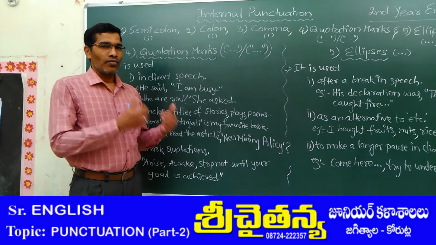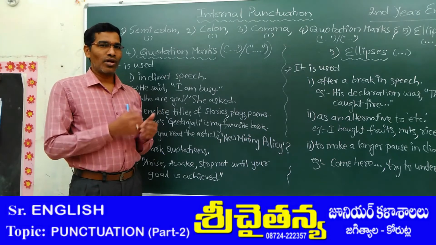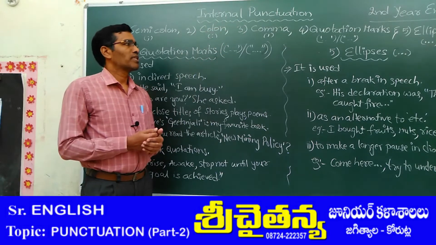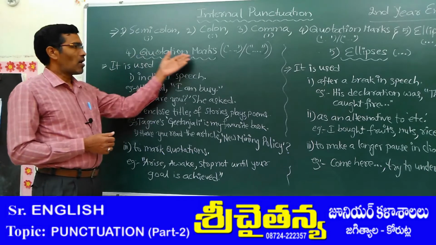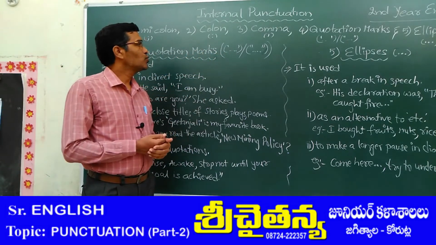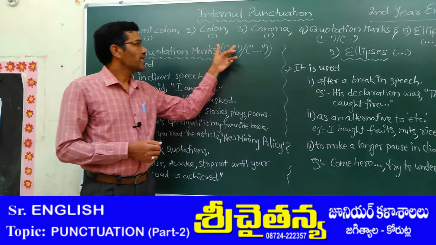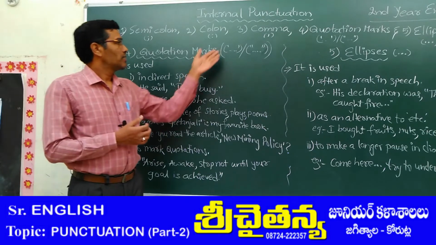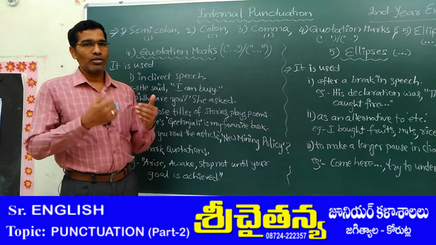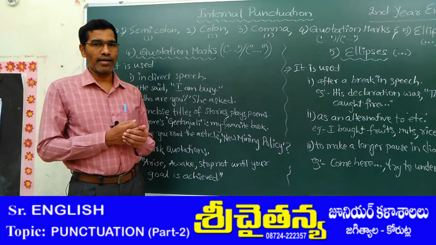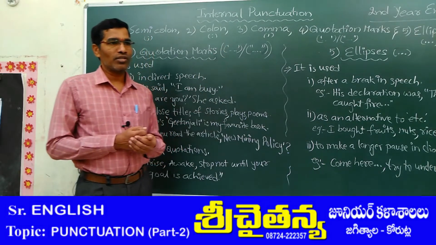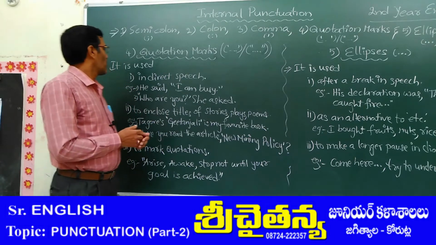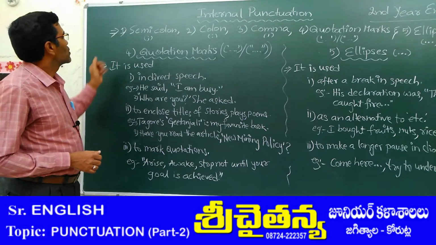Till now, we completed the most common usages of comma. Okay, let us move to quotation marks. Quotation marks can be expressed in two ways, that is single quotation marks and double quotation marks. The single quotation marks are used in British English, whereas double quotation marks are used in American usage. Okay, let us discuss its uses.